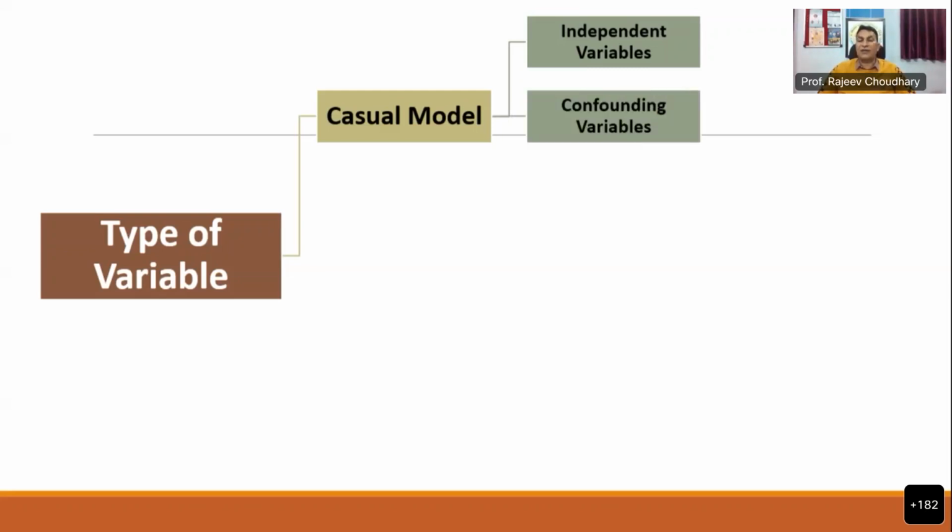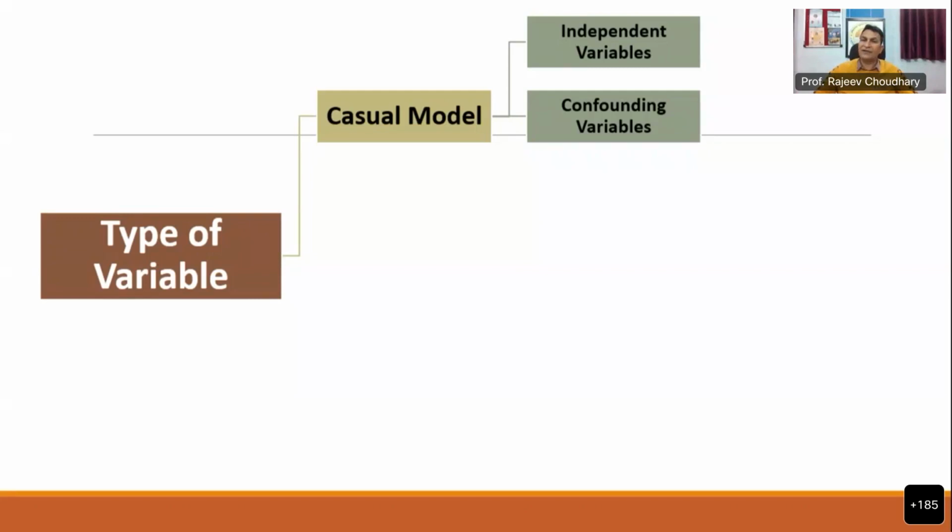Next one is a confounding variable. In this hypothetical example, the effect of drug X on Y disease, the investigators' interest is to find out the effect of only drug X on Y disease, but it never happens. There are several factors that play a vital role and leave an effect. These are considered as confounding variables. Examples are daily routine, food habits, social background, maybe heredity, maybe climatic conditions, and these confounding variables are classified into